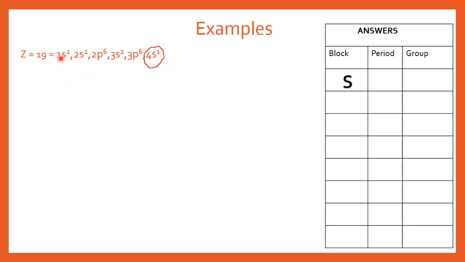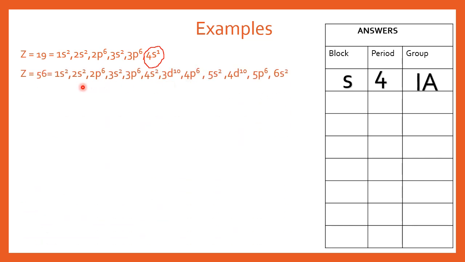And then second, you will check the valence shell number. Look at this one. This is the first shell, this is the second shell, this is the third one, this is the fourth one. It means this is the highest number which gives the last shell of this element. That means this element belongs to period number 4. And now check the electrons present in the valence shell. There is only one electron, that's why this will be group number 1. And remember, when we found the s block, it must consist of the A group. That's why this element will fall in the first A group of the periodic table.